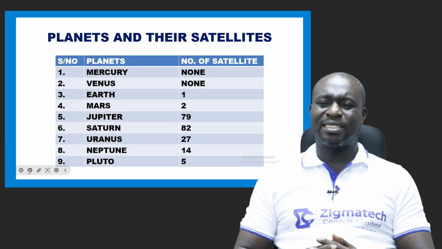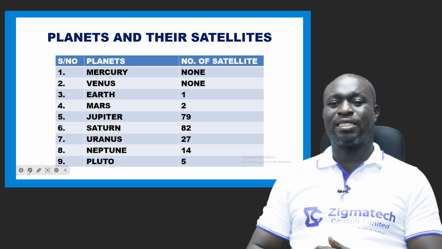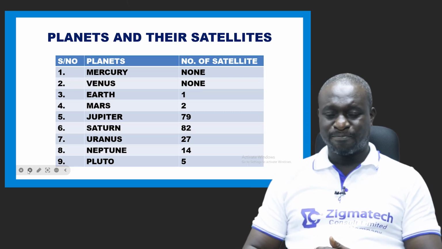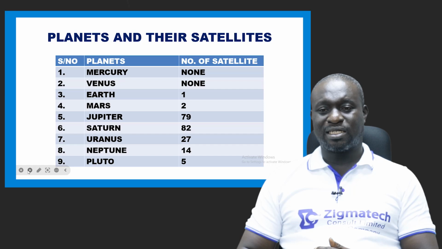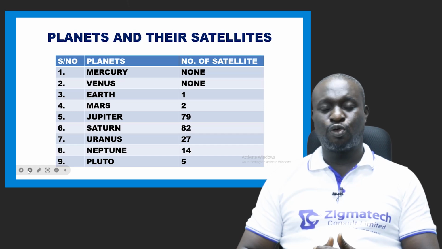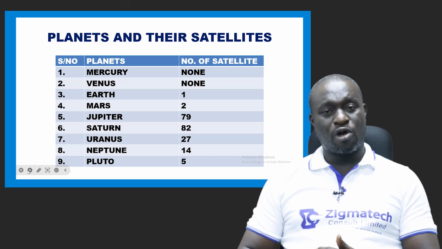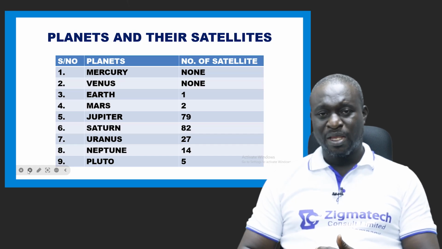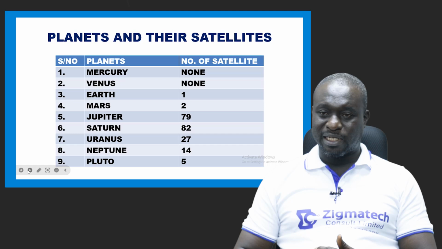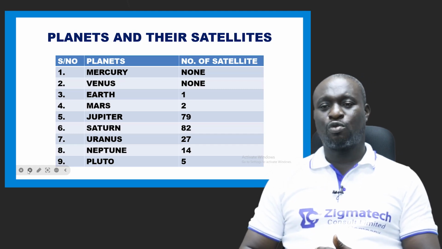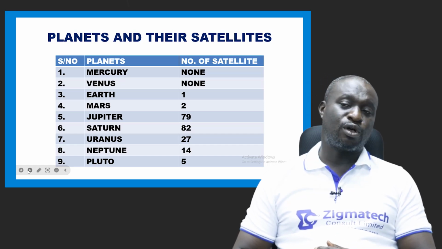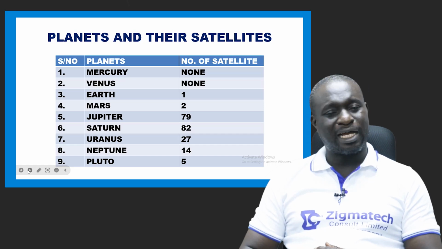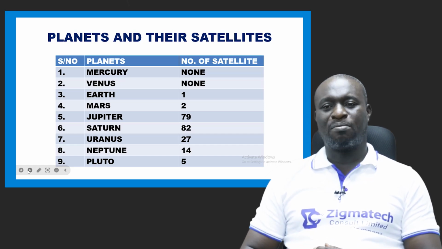We have planets and their satellites. Let's look at the planets and their satellites. Now, of course, we have the 9 planets. Recently, scientists said that it is 8, no longer 9. And the reason for making it 8 is because Pluto has been discovered to be a dwarf planet. And the biggest or the largest planet is actually Jupiter. Let's look at all these planets. We're still looking at the 9 planets, and we're also going to see the number of satellites, mostly natural satellites, that orbit around each of these planets.